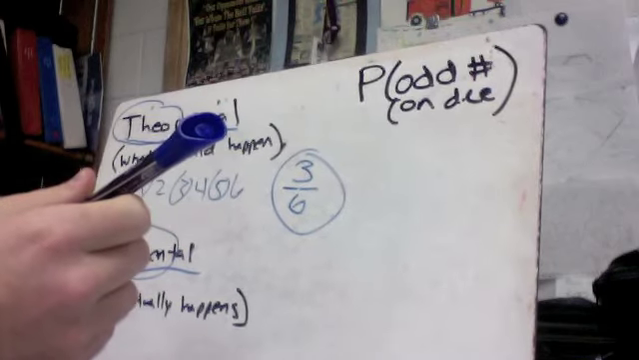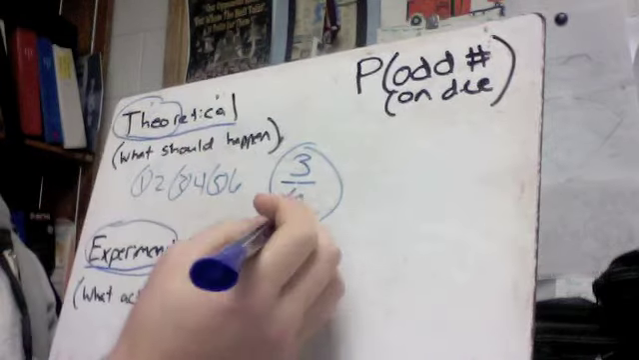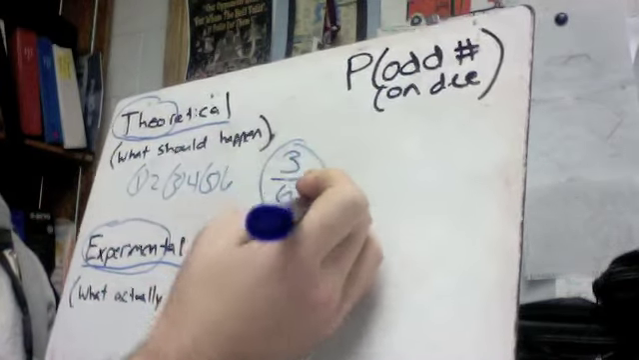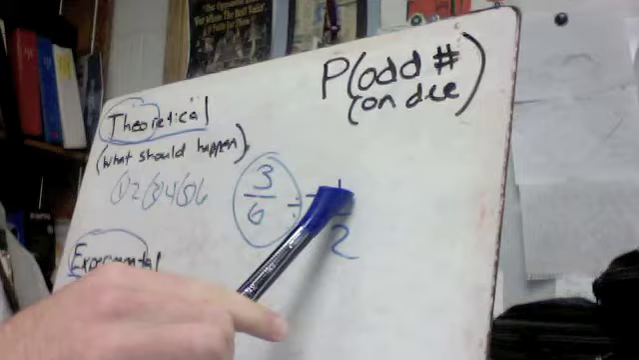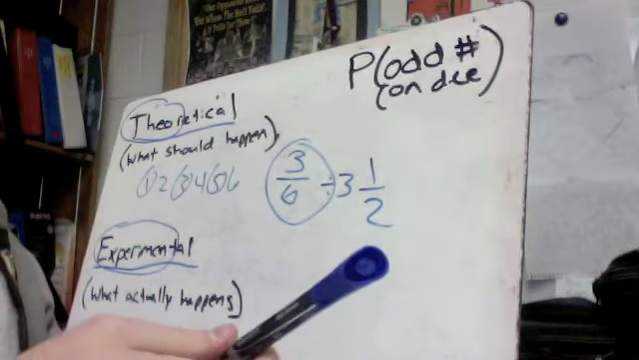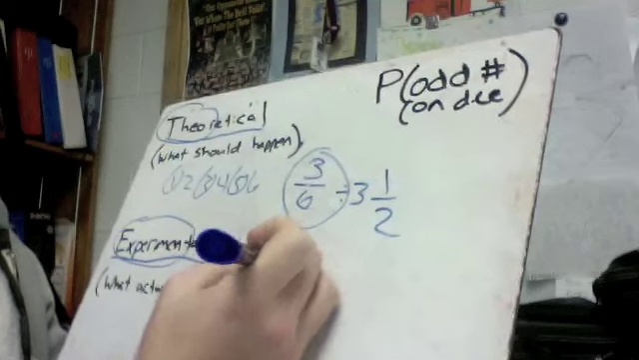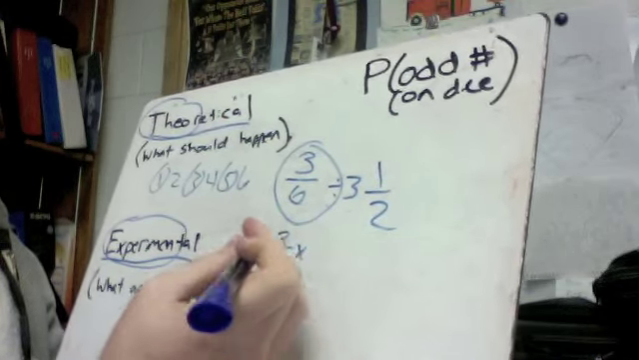Or if I roll it, I mean, we can reduce this down. Divide by, what, 3? It would be 1 out of 2. If I roll it twice, I should get one odd number. Okay? Or maybe I take the 3 6 that I have here and I multiply it by any number, because